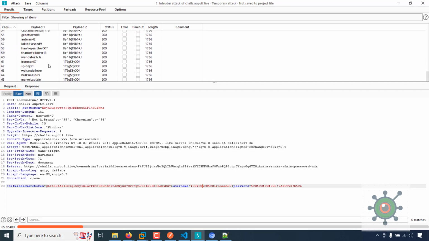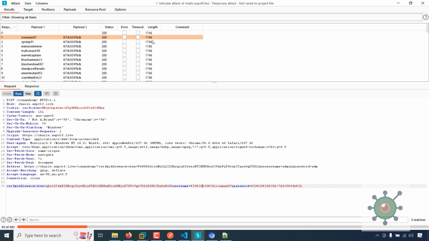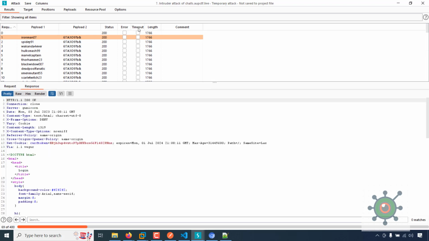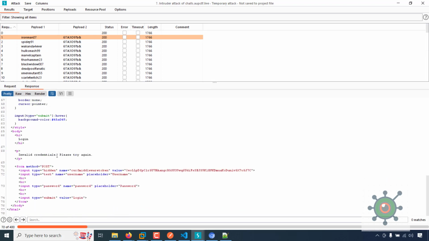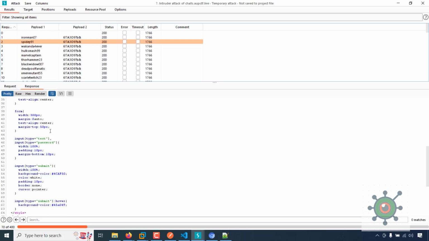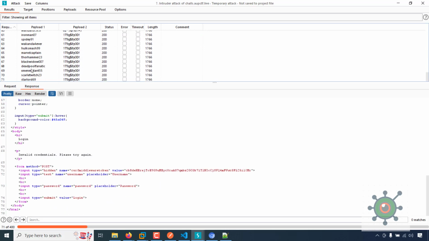There we can see every combination of username and password is tried and attempted to log in. The length, all lengths are the same, that means the response code is the same every time. When there is any difference, then the length will be different. Length, come here,